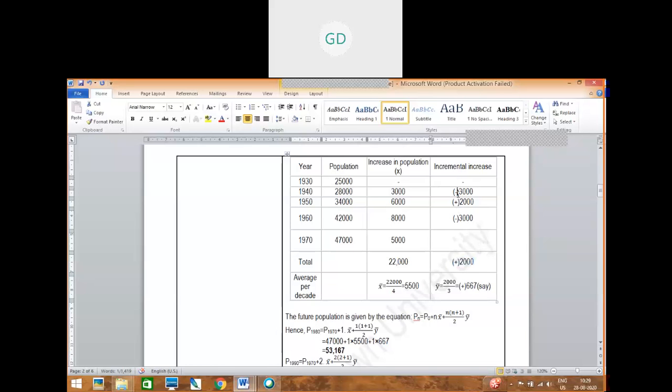Since you have understood, you need to consider the sign conventions, and then you add or subtract whatever you need to do according to the sign convention. So here you got plus 2,000. Now you find the mean. For finding the mean, there are three values here: 1, 2, 3. So divide by 3. 2,000 divided by 3, we got 667, and that is also a positive one. Plus 667.